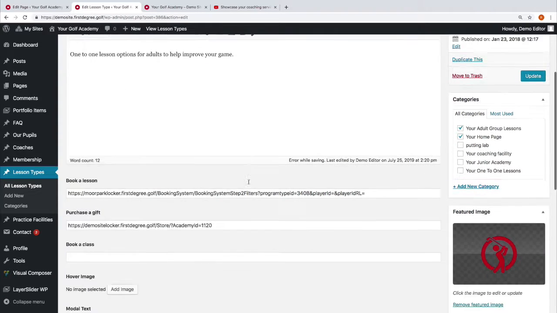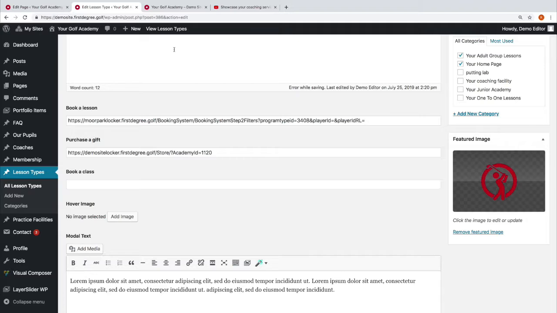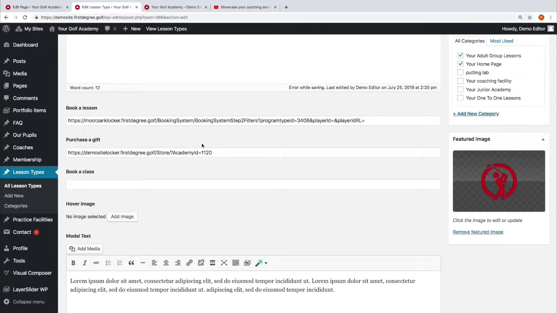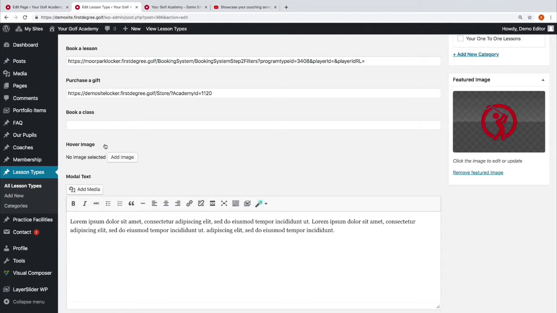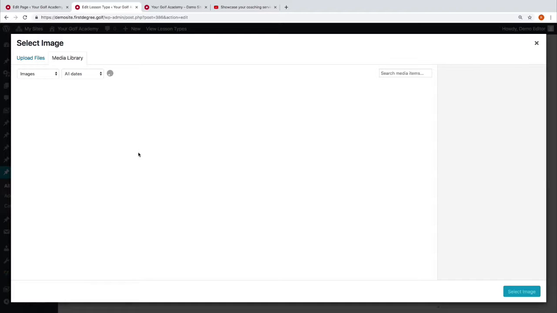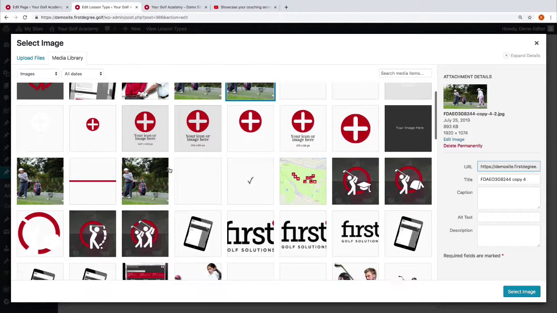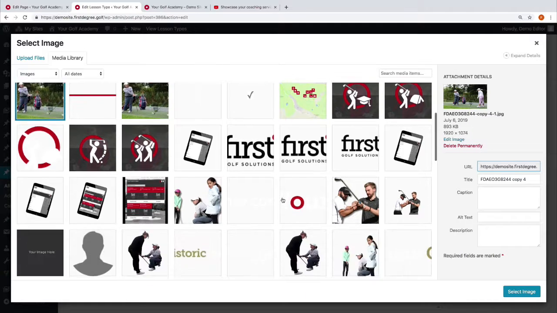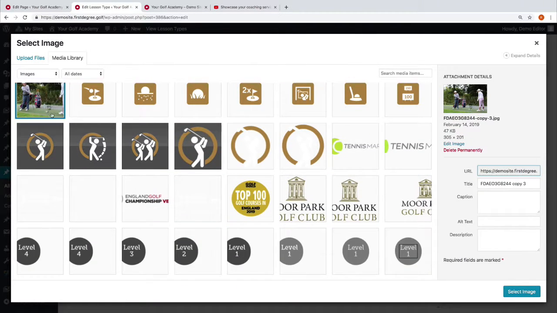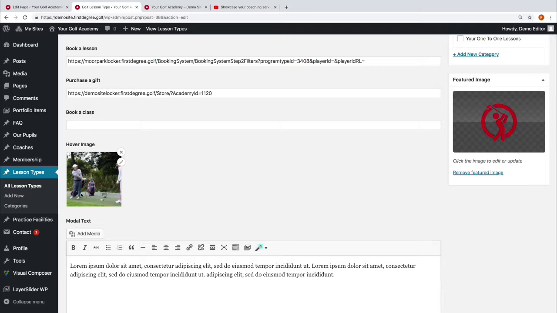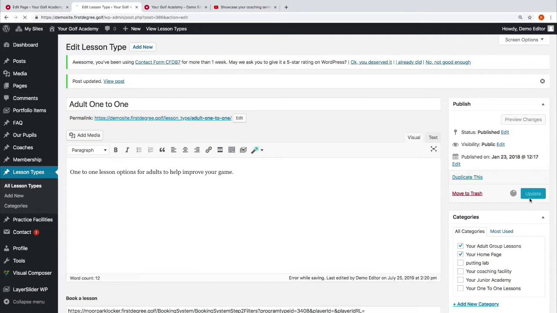You also have the functionality within this section to be able to add a hover state. So what that means is, at the moment, if I hover my cursor over the image, nothing happens. However, we can see here we've got hover image. If I add an image to this section, and I'm going to find one that's the correct size. Let's see if we can find one that goes with this one here, 305 by 201. I'm going to select the image. You can see now it appears in the hover image, and we're going to update